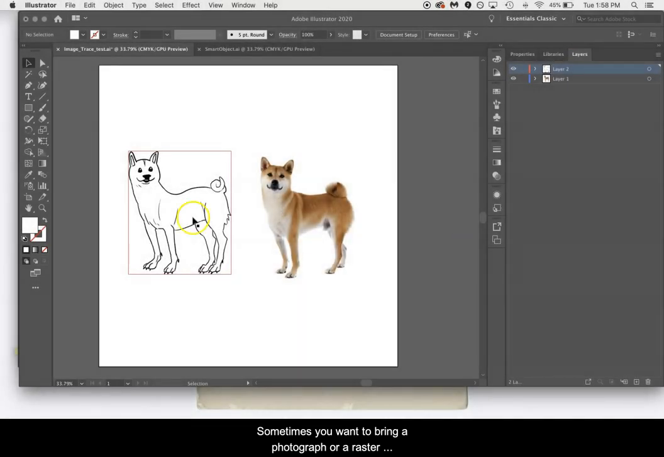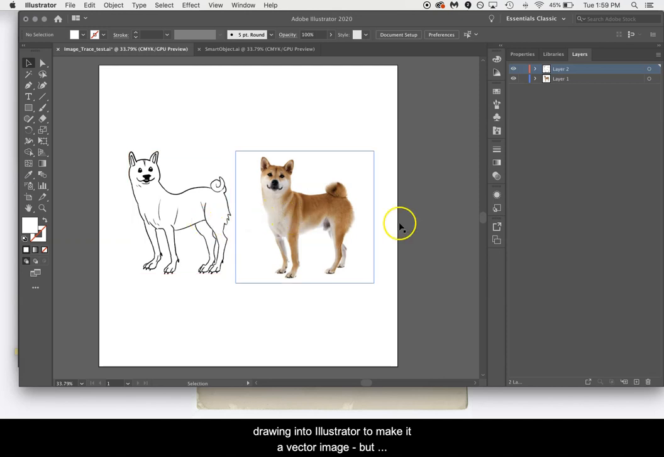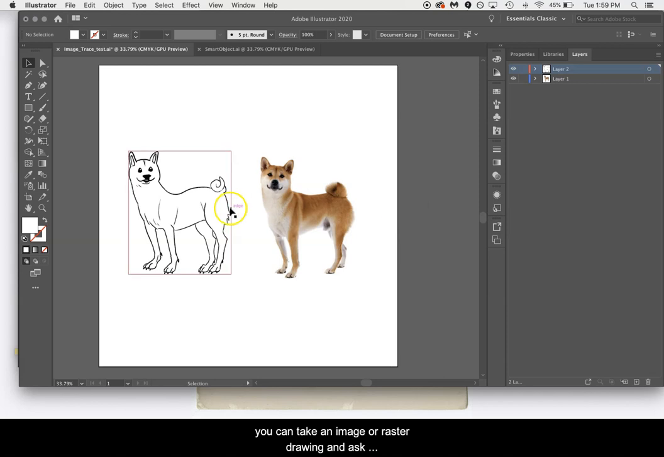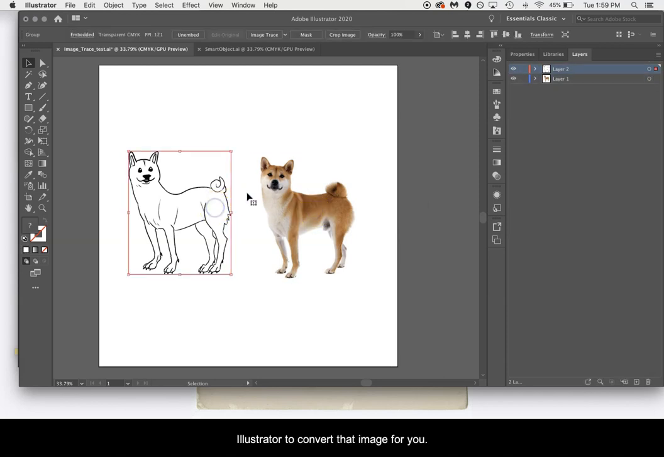Sometimes you want to bring a photograph or a raster drawing into Illustrator to make it a vector image. But either redrawing the image with the pen tool is too time consuming or it's not what you want. So using the Live Trace tool, you can take an image or a raster drawing and ask Illustrator to convert